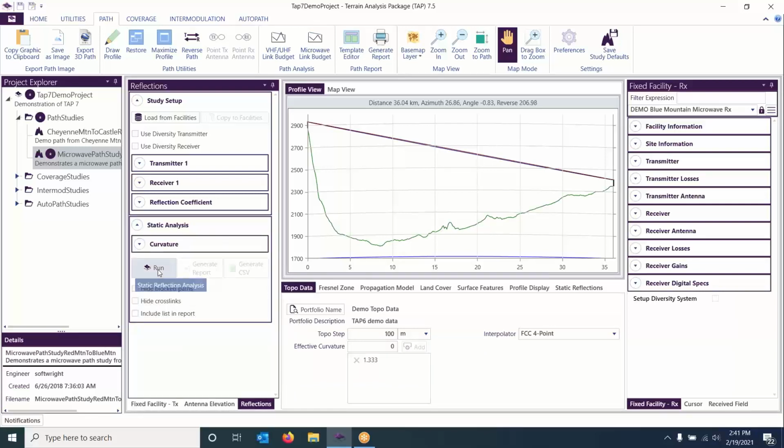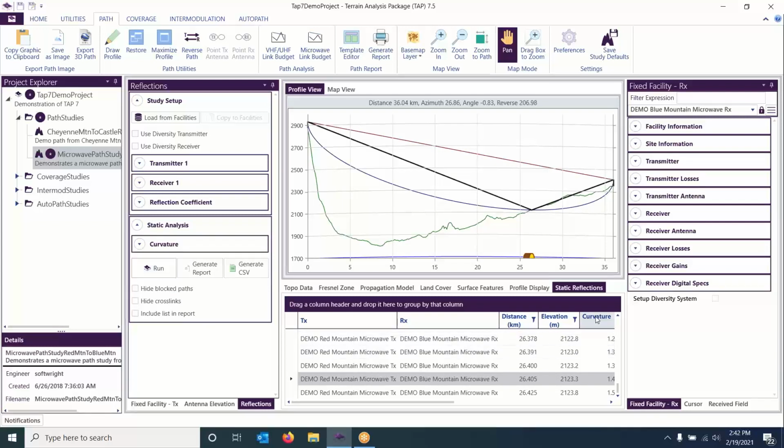Down under here, you click the Run button, and you'll notice that what pops up here, you get a bunch of brown circles on the axis here, and then yellow suggests whichever one is highlighted. Automatically, it's going to find the one with the worst case over all that were found. So for each reflection, you have the transmitter and receiver. The reason why this matters is in case you have diversity transmitter, diversity receiver active. That'll matter. You'll want to group by those potentially.